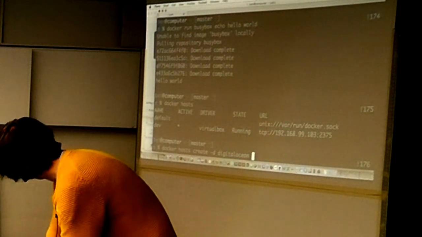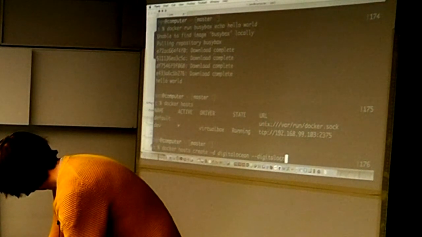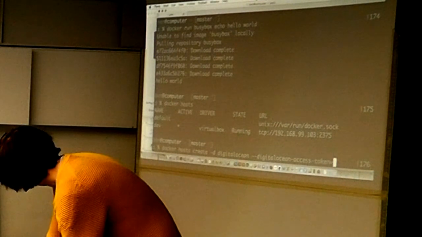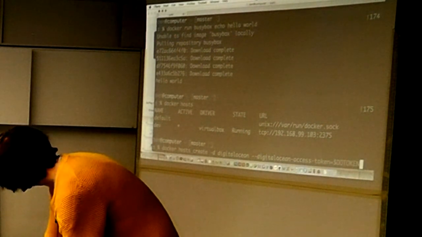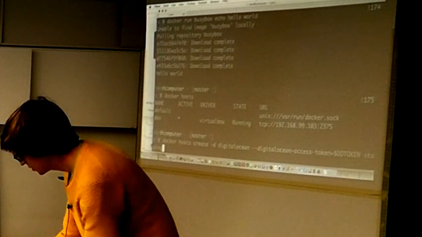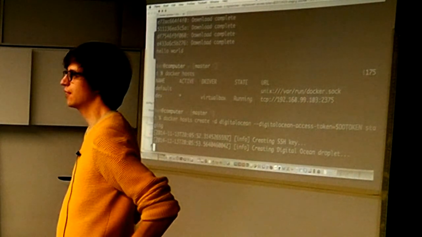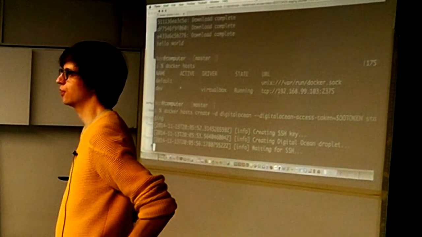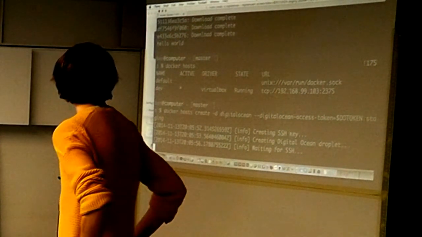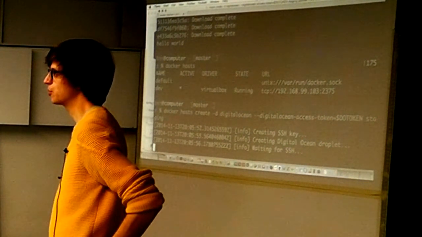So, for example, you could create a host on DigitalOcean. For DigitalOcean, you need to be somebody. So I'm going to give it my access token and give it a name. So let's say this might be our staging environment. And it'll do kind of the same thing, except instead of creating a VirtualBox host on your local machine, it will go off and create a DigitalOcean host on DigitalOcean. And it'll also be quite slow, because this is actually booting up a whole machine.